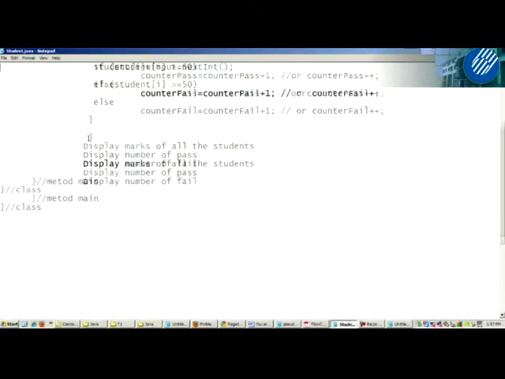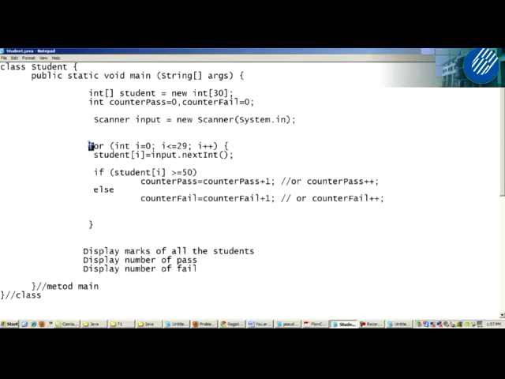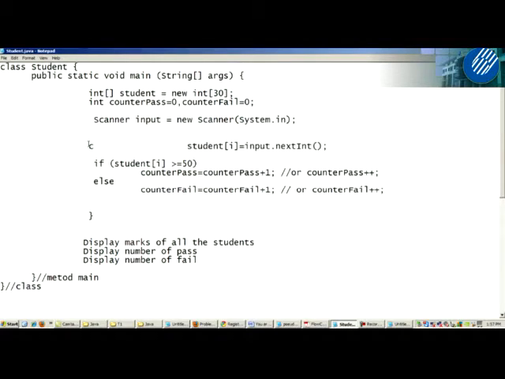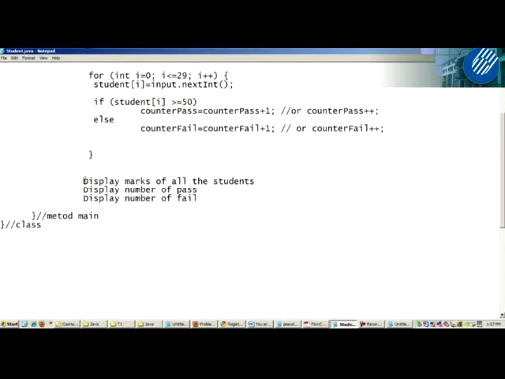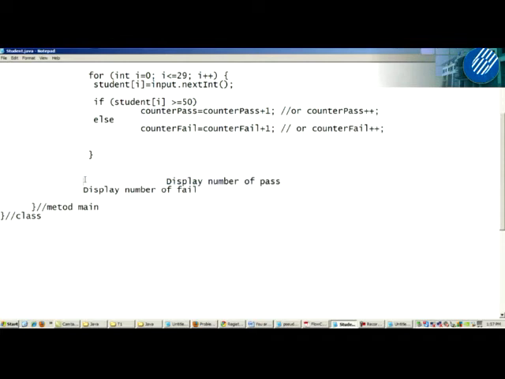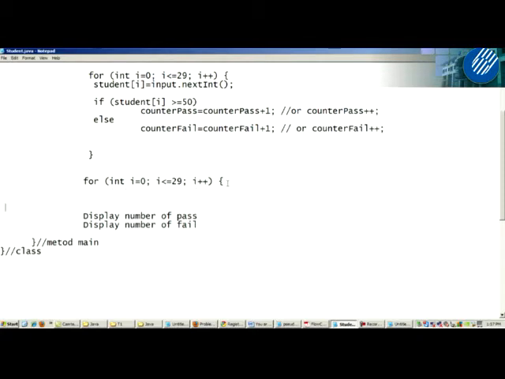Okay, actually you can just copy paste the whole thing here. Just copy paste the whole thing. Control C. Okay, copy paste here. You can use the same thing, no problem. Okay, you know why I close here? This is closing for this one. Okay, you can use the same thing because the same thing, right?